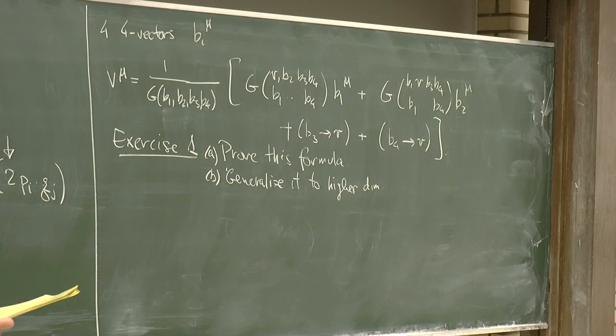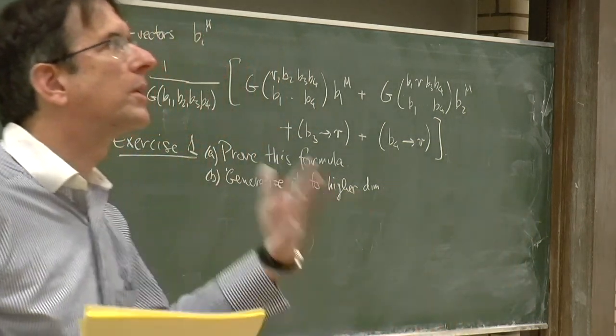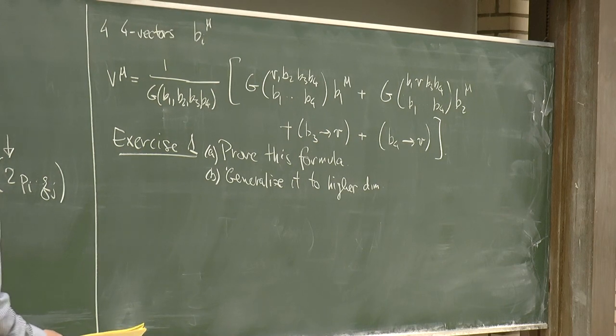And if we have a sufficient number of external momenta, in particular, well, there's momentum conservation. So if we have a 5-point amplitude, then we only have 4 independent momenta. If we have 6-point amplitude, then we have 5 independent momenta, and so on and so forth. So if we have at least 5 external momenta, then